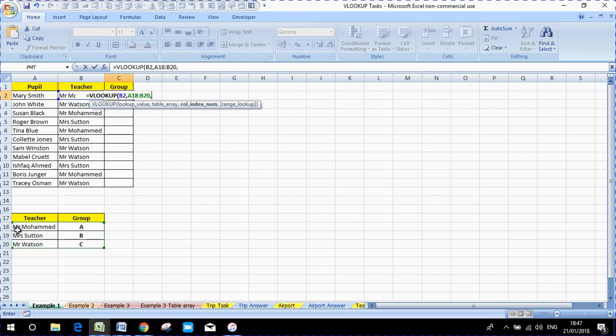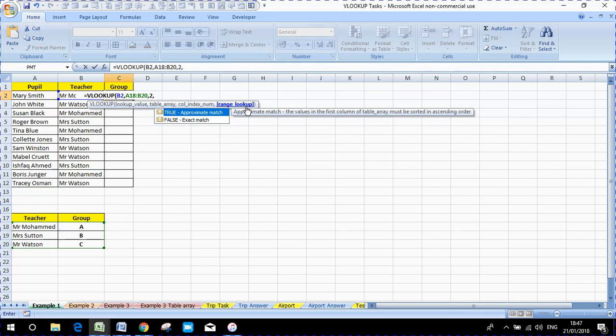So if we look in our table array, we have the teachers in column 1 and then the information that we want to be inputting in column 2. So our column index number is 2 because it's the second column. That's where the information is that we want putting in here. So we select 2 and then again comma,